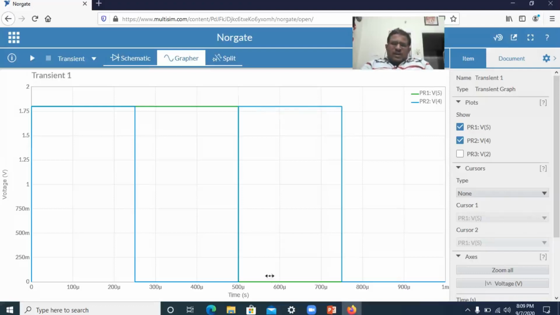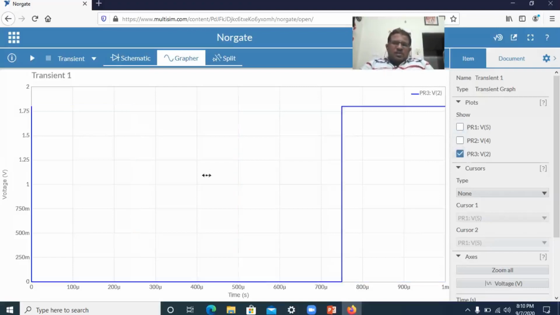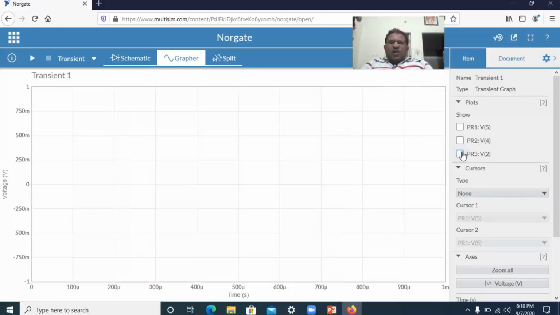Your green color one is 0 and blue color one is 1. The next condition is both are 0. Now we'll see how exactly the output looks. So this is the output. For all the conditions you are getting 0, and only for the 0 0 condition you are getting 1. Hope you have understood this. Thank you. If you have any queries, feel free to ask. Okay, thank you.